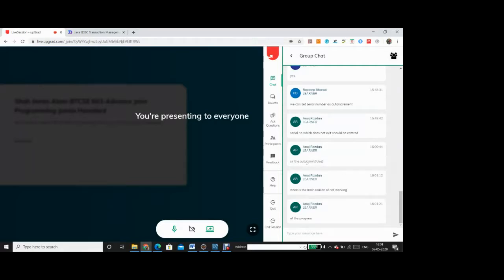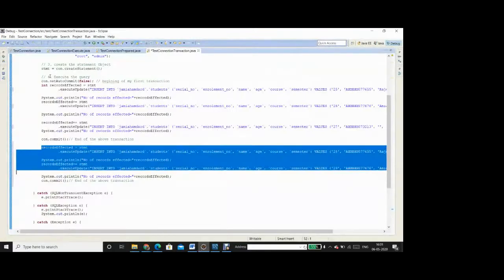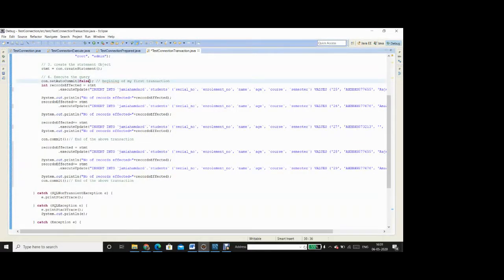What I want to say is that, by default, set auto commit is always true. Whether I write this line, set auto commit is equal to true, or not, it doesn't matter. So by default, it's always true.